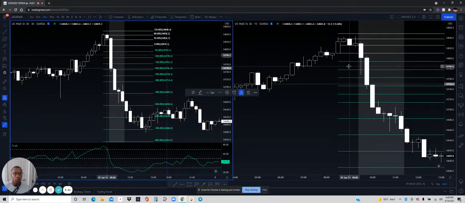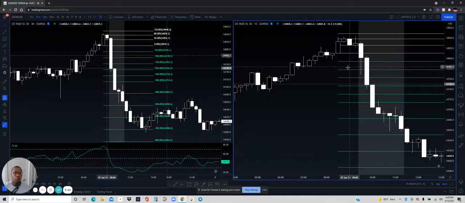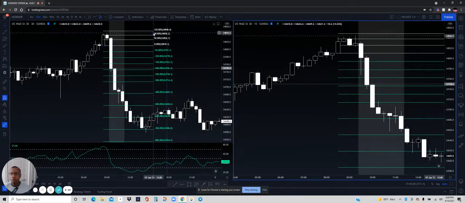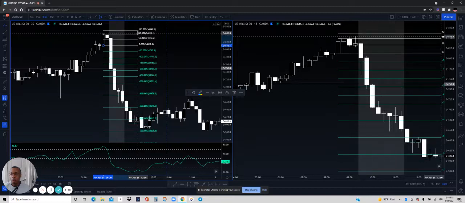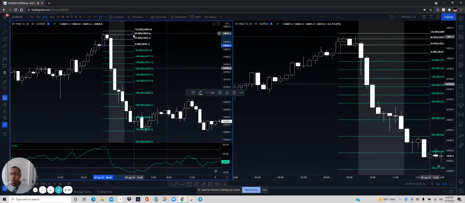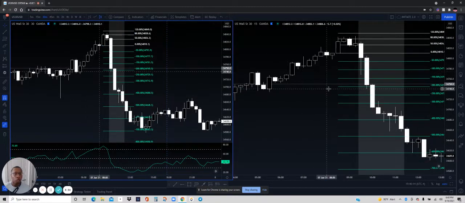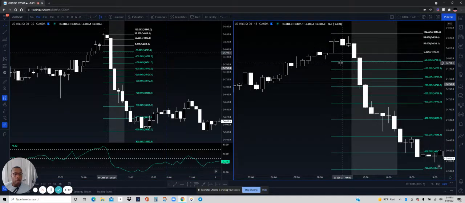9 o'clock on the right side is the M15, the lower time frame, and I'm looking for a candlestick formation. You can say that on the lower time frame of the M15, at 9 o'clock it formed a bearish engulfing. I don't like bearish engulfings as far as looking for entries using this technique. So you could take it as long as it retests one of these levels that you see here, the 88%